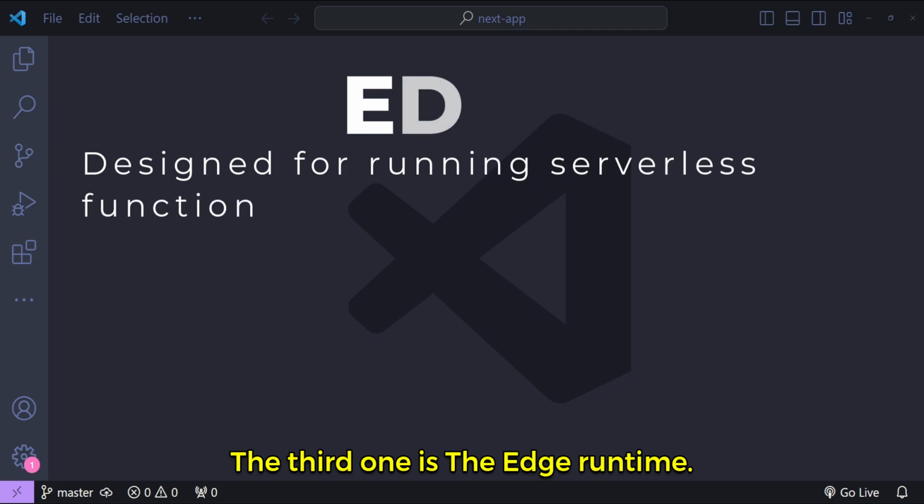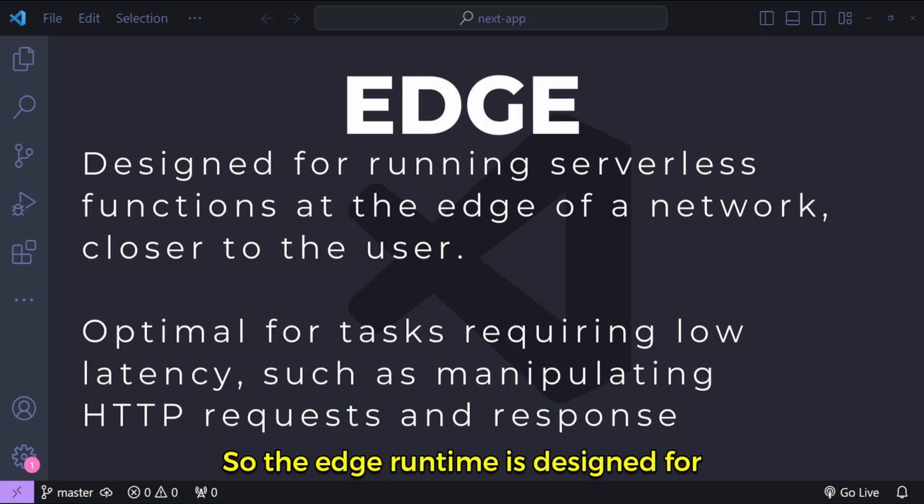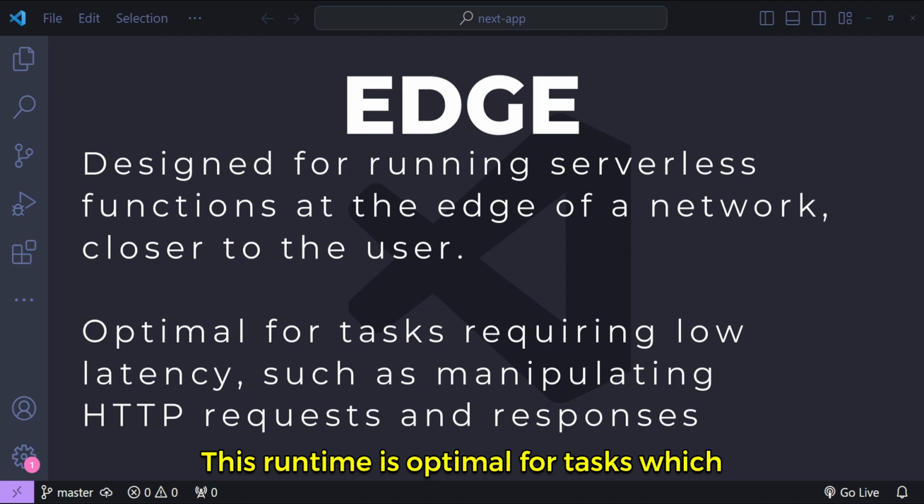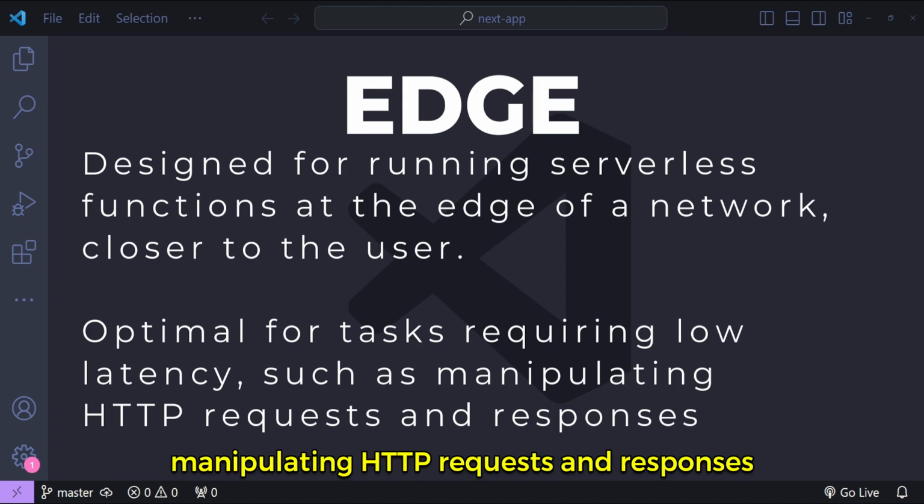The third one is the Edge runtime. The Edge runtime is designed for running serverless functions at the edge of a network, which is closer to the user. This runtime is optimal for tasks which require very low latency, such as manipulating HTTP requests and responses